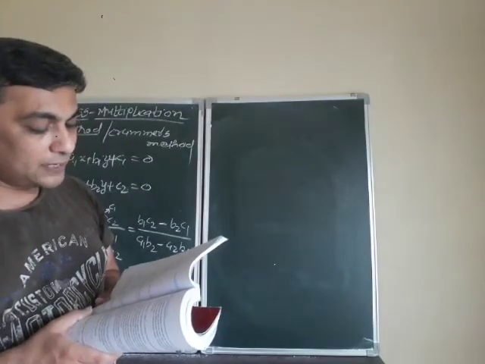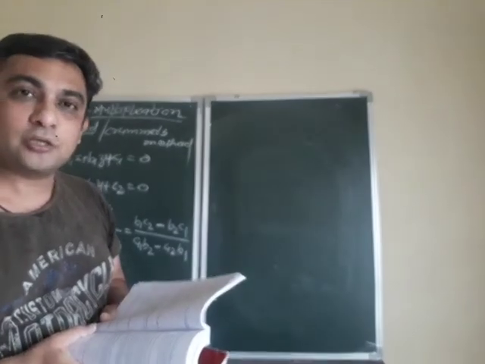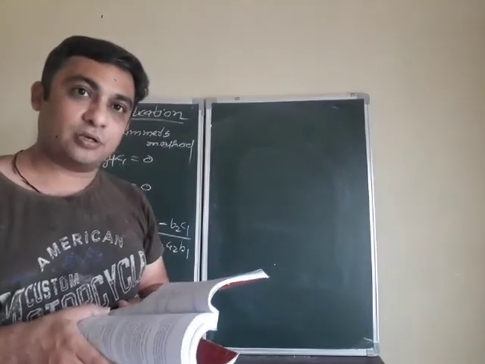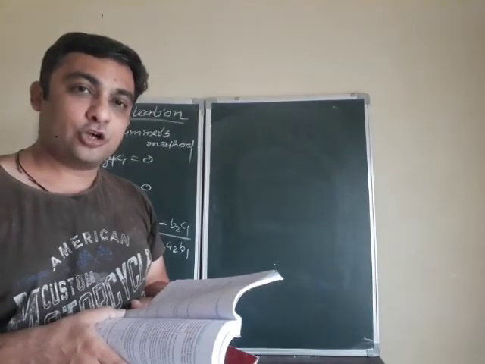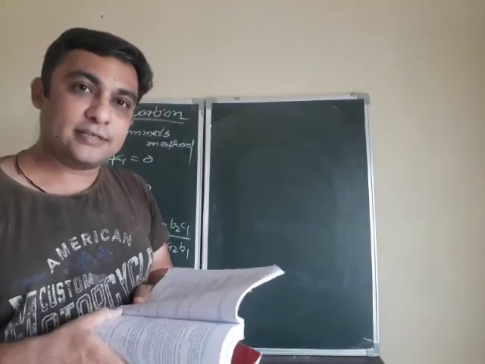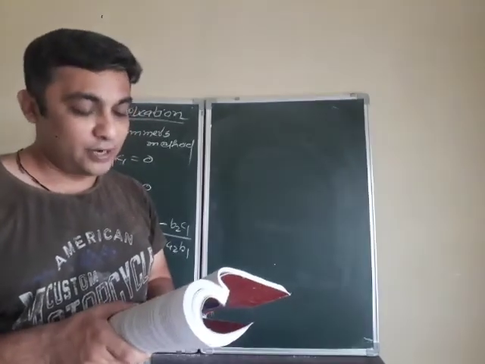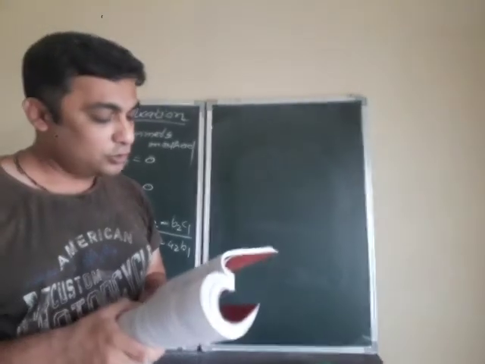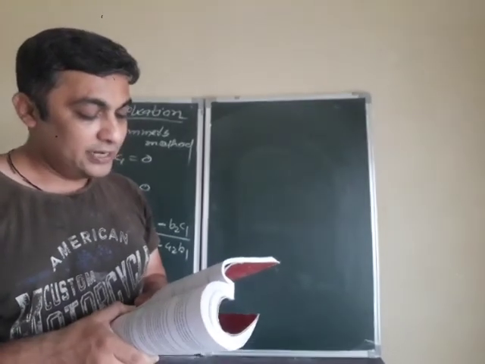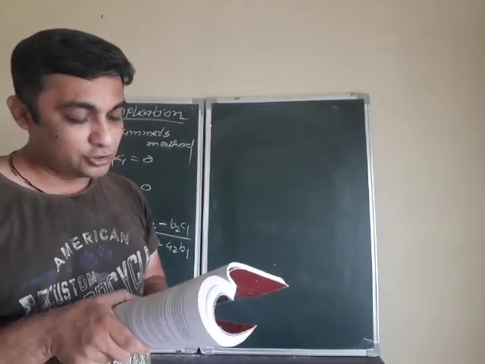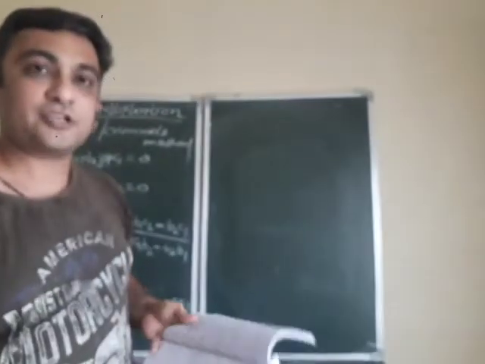Which of the following pairs of linear equations has a unique solution? इसमें first of all they ask the question कि which pair has the unique solution. So first you have to find whether it has a unique solution, yes or no. Okay, and if it has a unique solution, you find it. Unique solution, no solution, or infinitely many solutions. In case there is a unique solution, find it by using the cross multiplication method.